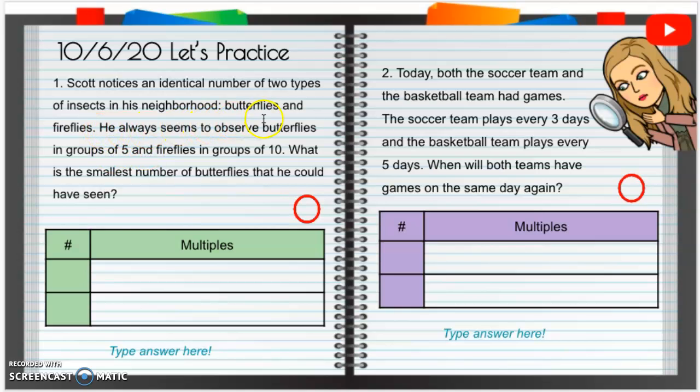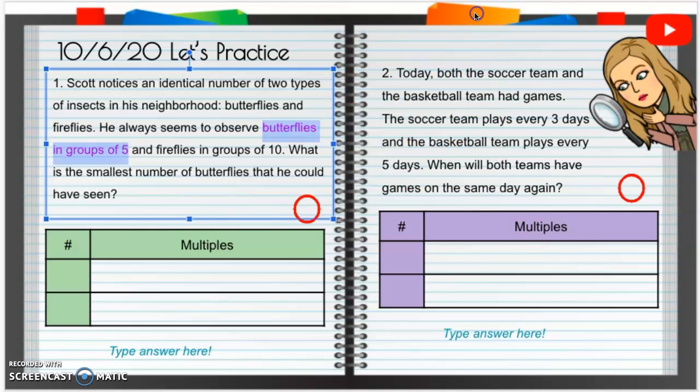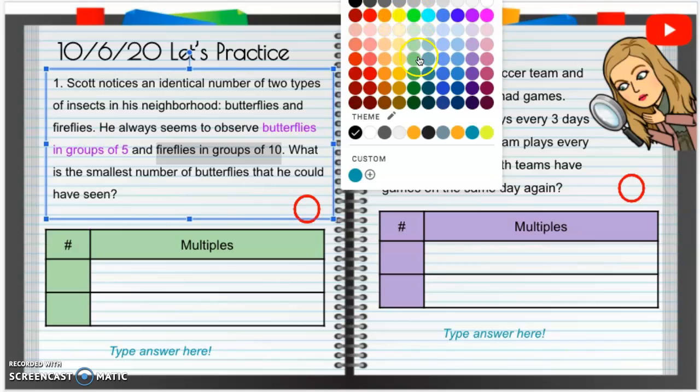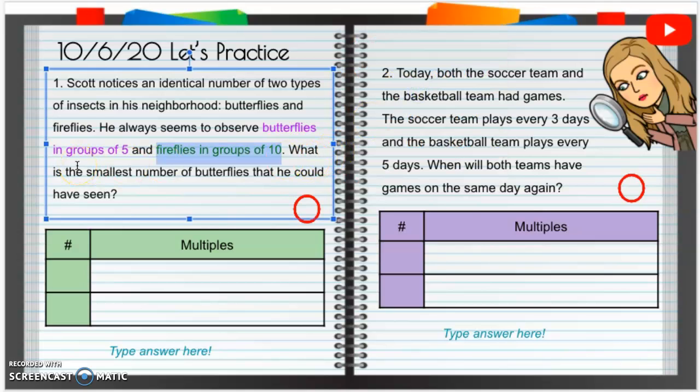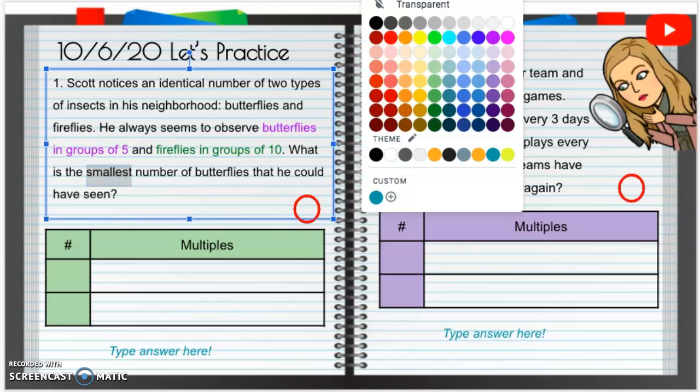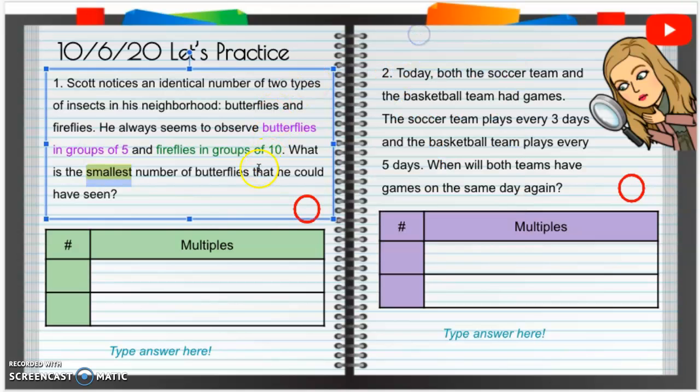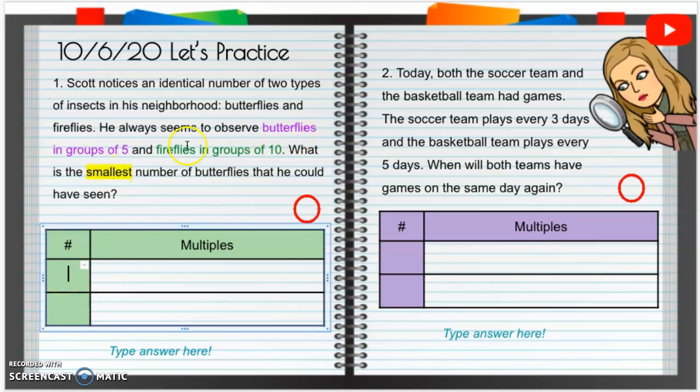He always seems to observe butterflies in groups of 5 and fireflies in groups of 10. So butterflies in groups of 5, if I put that in a certain color, and then fireflies in groups of 10. Let's see. What is the smallest number of butterflies that he could have seen? So smallest is going to be least. Smallest, least common multiple. All right, we're going to find our least common multiple of 5 for our butterflies and 10 for our